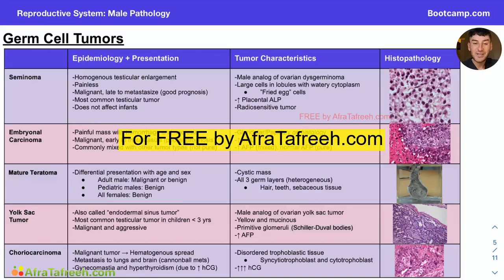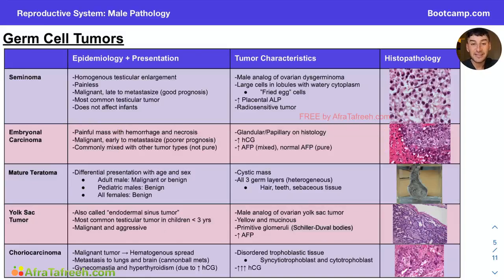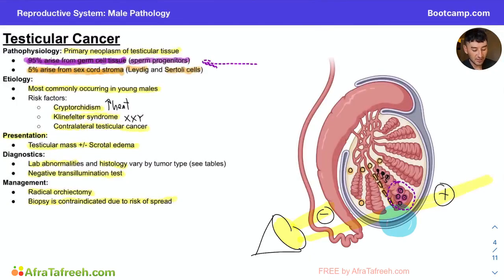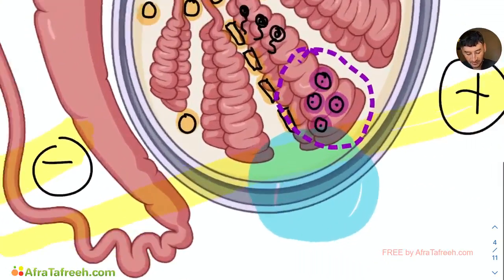Alright guys, let's continue our discussion on testicular cancer by talking about our germ cell tumors. I'm going to put this little purple squiggly next to our germ cell tumors to remind you guys that 95% of all of our testicular cancers are going to arise from our germ cell tumors. You'll remember in our video on testicular cancer, we talked about our 95% arising from our sperm cell progenitors, which